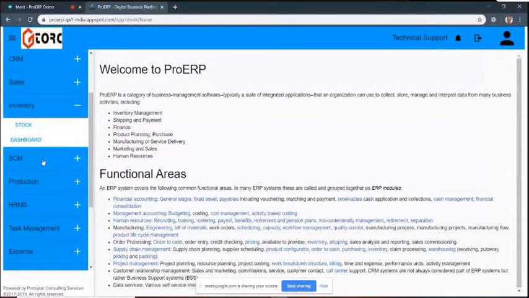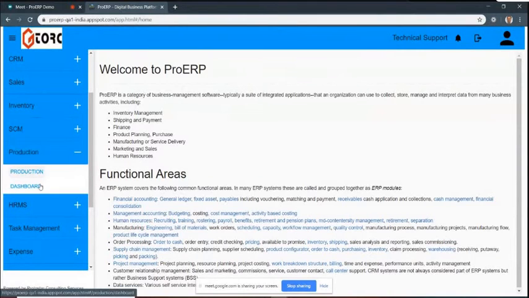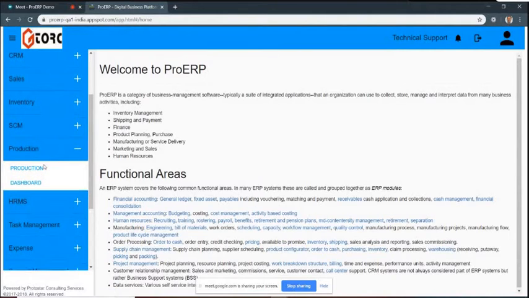Then we have a small supply chain management module where we can do distributor and sub-distributor. The sub-distributor can request the inventory from the distributor and he can issue it, and we see the inventory being maintained between them. And then there is a production module where we can do production which is assembly based or process based, or a combination of that.